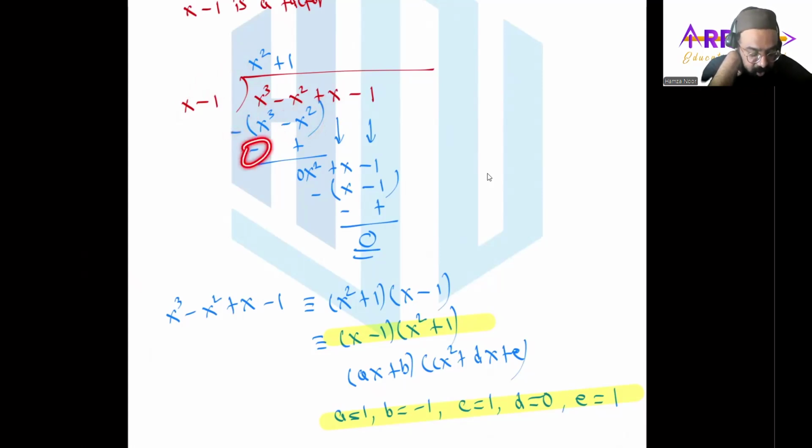So this becomes minus, this becomes plus, and our purpose was to eliminate the cubic term, but meanwhile in the same procedure the x squared term also got eliminated. Our purpose was to eliminate the x cubed term, but it so happened that the x squared term also got eliminated, no problem. So here you will write 0x squared. Okay, and then we will carry forward x as it is and then minus 1 as well, because when the comparison actually starts,